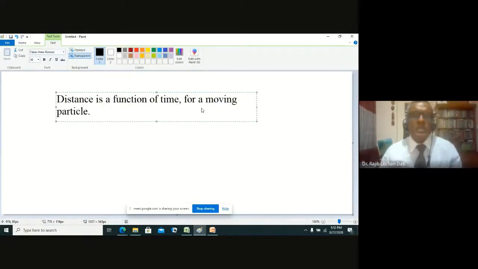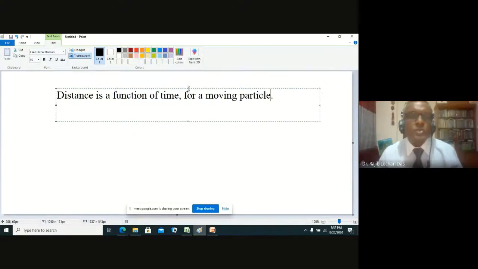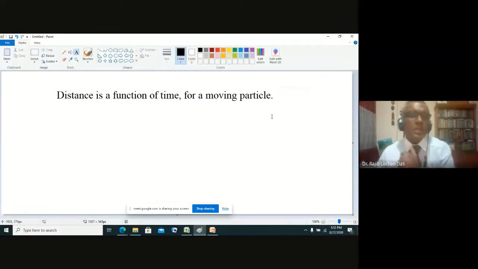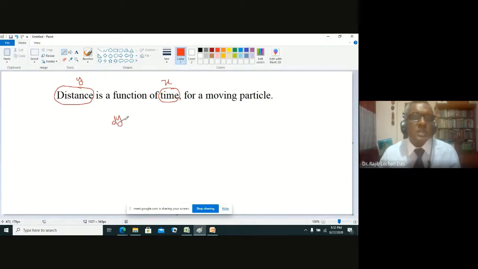There is a moving object going from one place to another. Here distance is the dependent variable, we think of y, and time is the independent variable, we think of x. And again, if you do dy/dx,